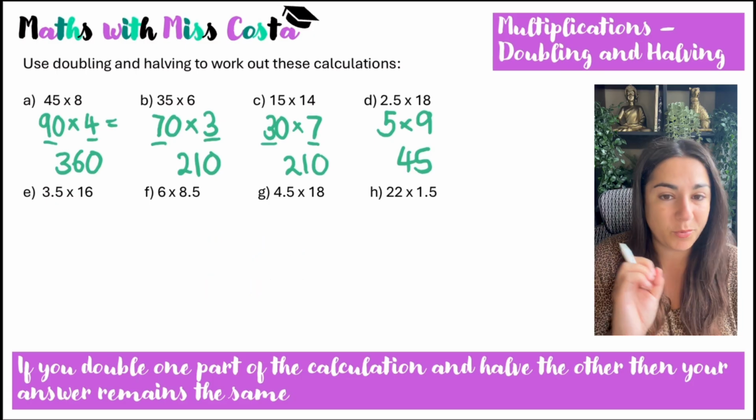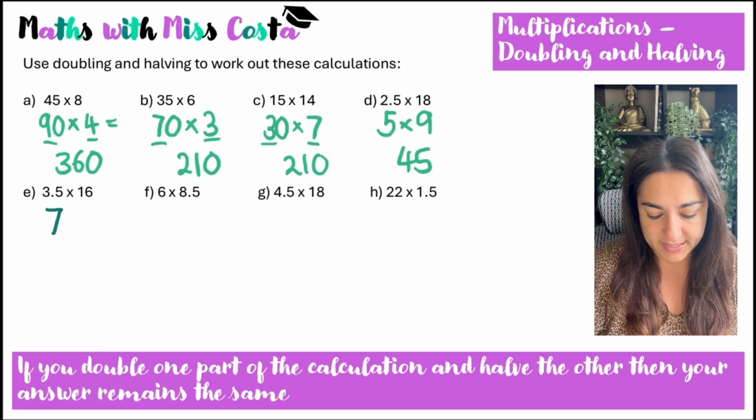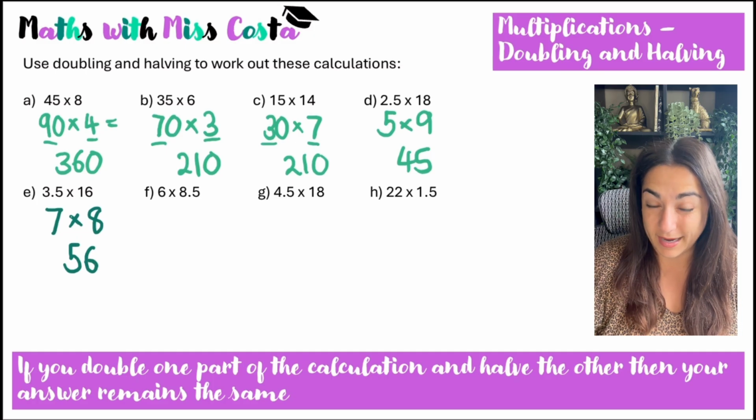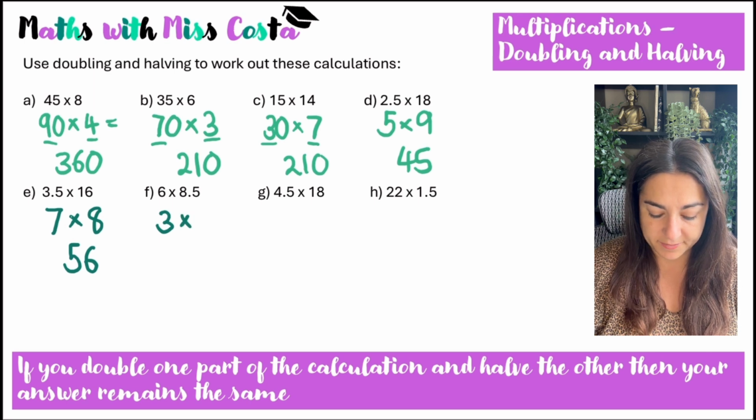So with the decimals, that's one of the key tricks. If it ends in 0.5 and you double it, it's going to become a whole number. So 3.5 doubled is 7. And 7 times 8 is 56. 6 times 8.5, well, I'm going to want to double the 8.5, so that means I'll halve the 6, so that would become 3 times